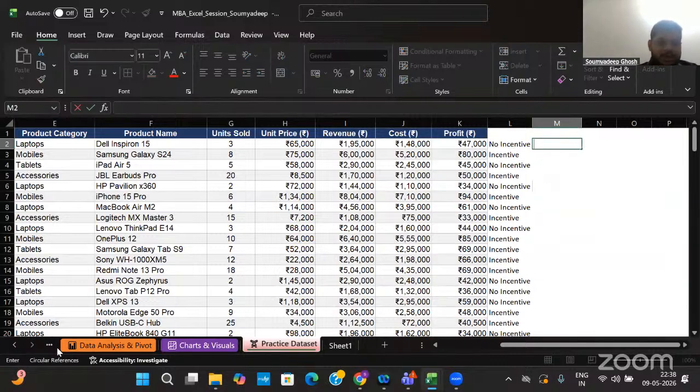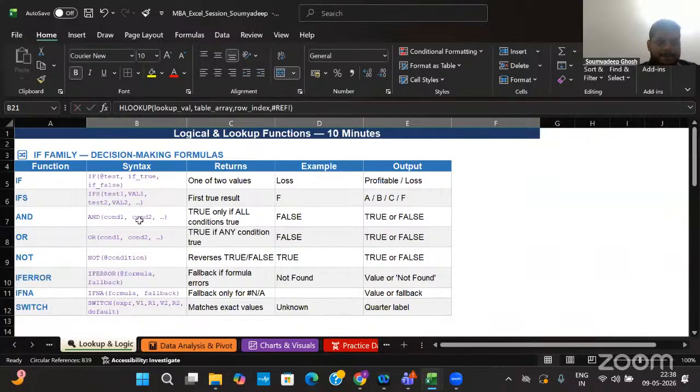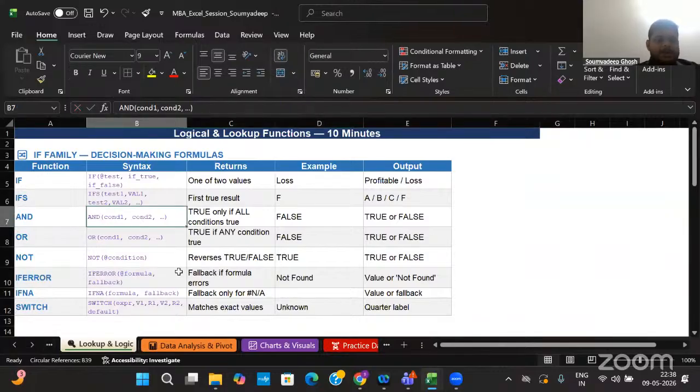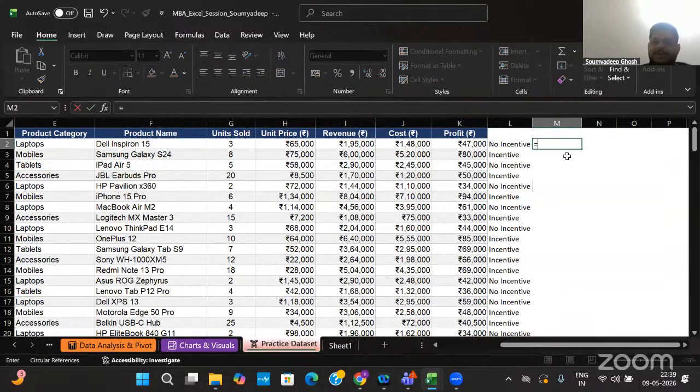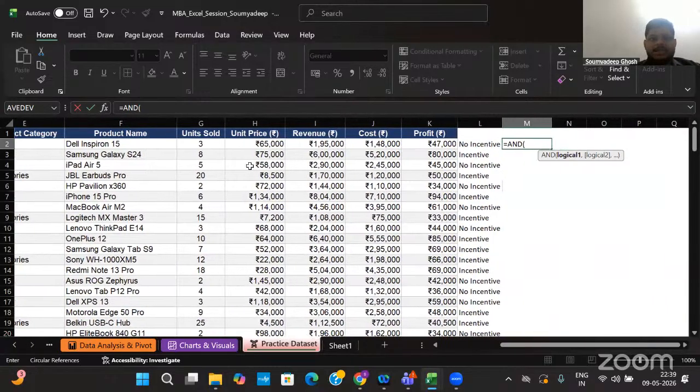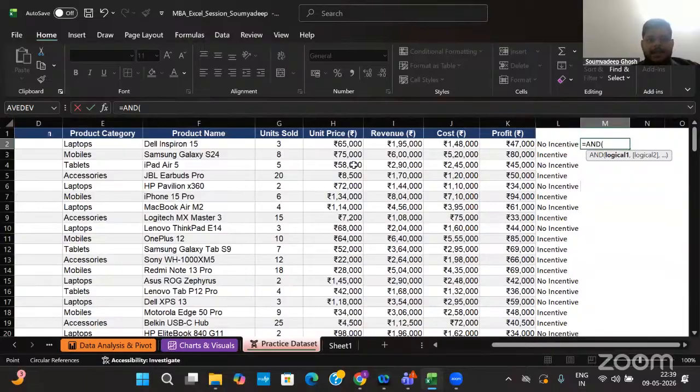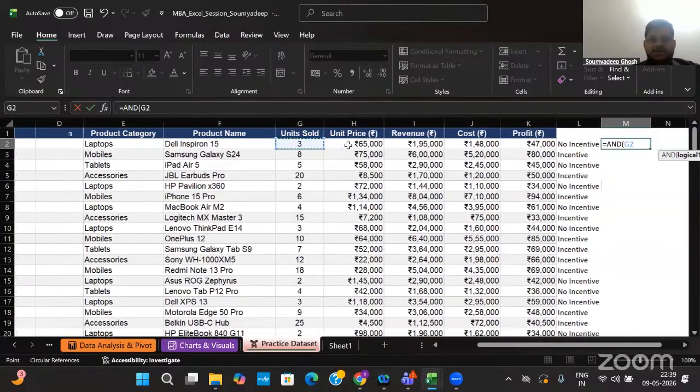So see, in this step, it is mentioned, it is AND. So if I do that, then I'll apply the logical function.